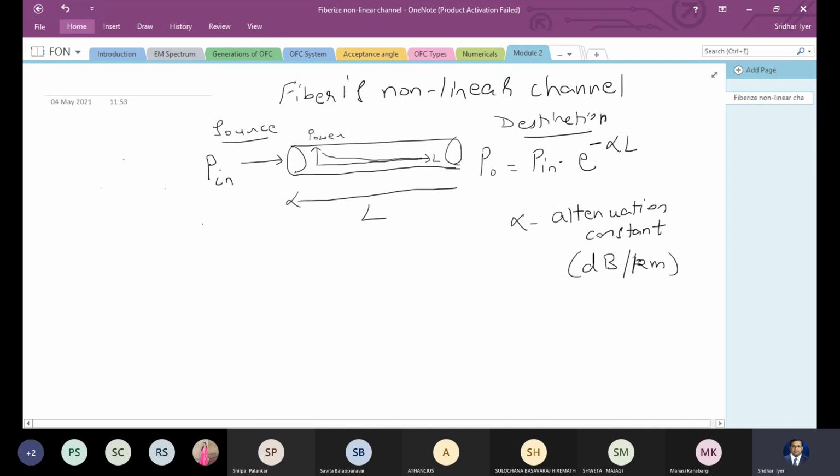Now obviously this is not a good scenario, because as the power decreases, we are talking about the light power, what you will get at the receiver end will be very little power in the light. You will detect it, convert it into corresponding electricity, and give that to the user, and obviously the user is not going to be happy because the power is lost, right? So one instant solution that anyone can tell you is to use an amplifier.